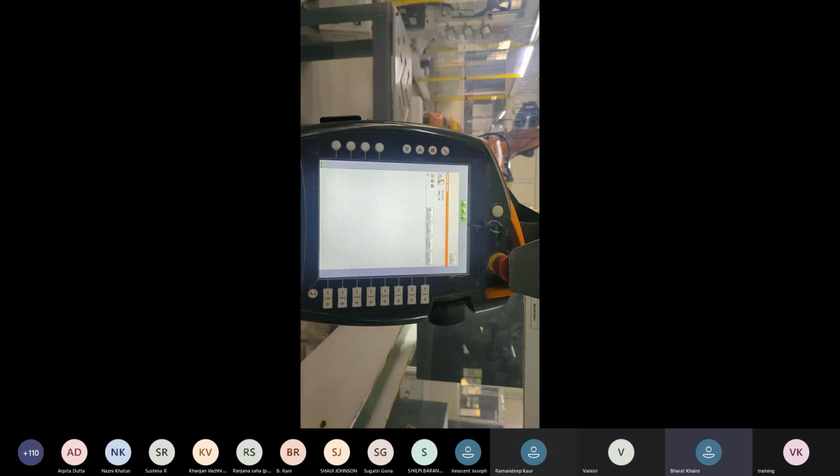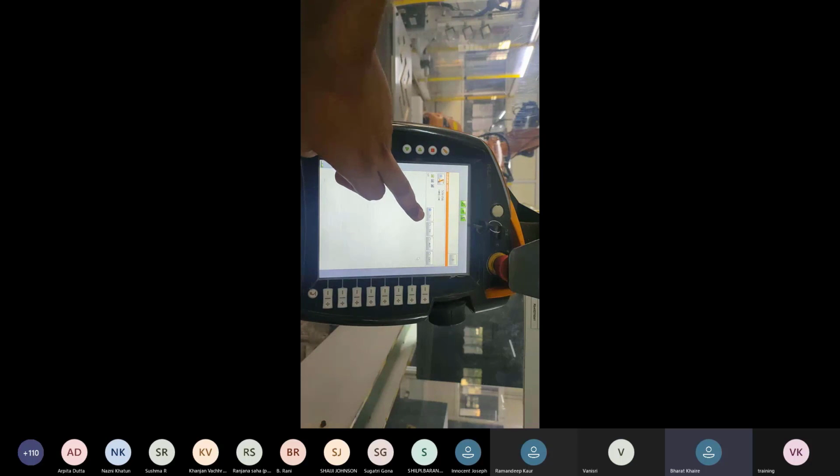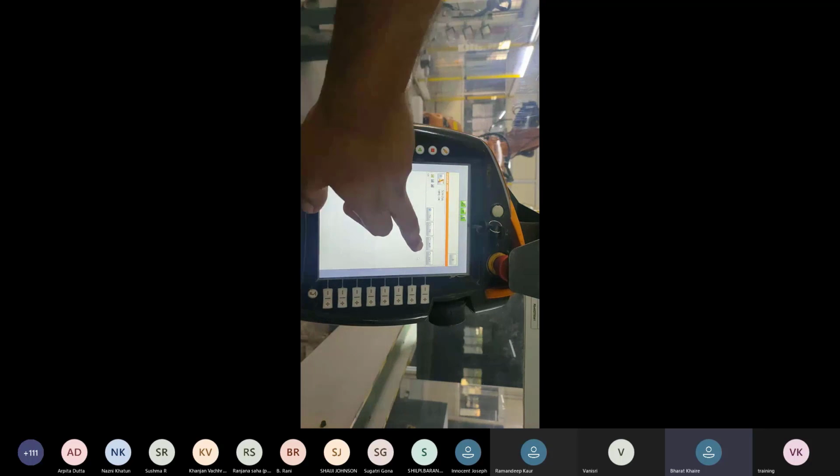Okay, I'll repeat the lock and unlock key. This is a lock position. In lock position, we have four different methods to operate a program. Okay. First one is T1. T1 is a manual mode. Second one is T2. T2 is a testing mode. Okay. So after making a program in manual mode, we can test it in T2 mode, and if it is okay, then we can operate it in automatic mode.